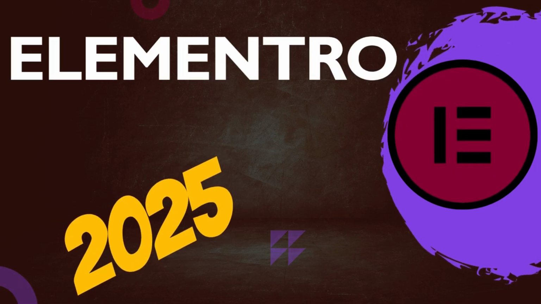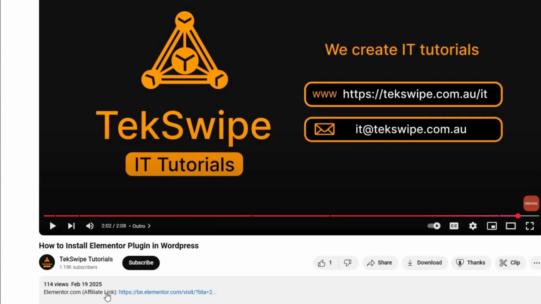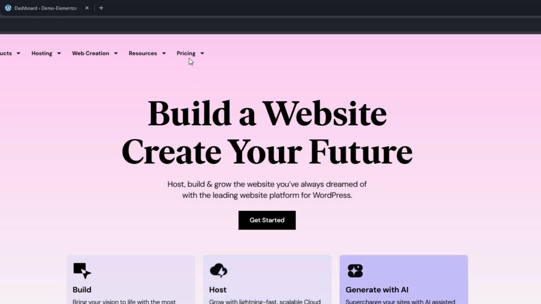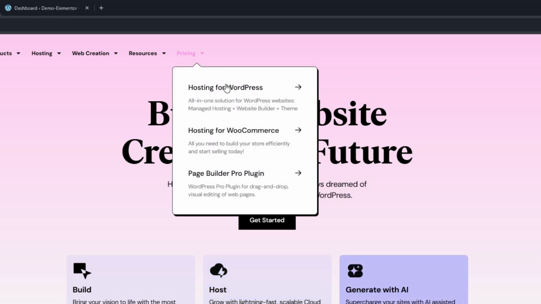How to install Elementor plugin in WordPress. To get Elementor, navigate to the description below and click the provided link. This link will take you directly to the website of Elementor. Once you're on the Elementor website, look at the top menu, hover over Pricing, and in the drop-down menu, click